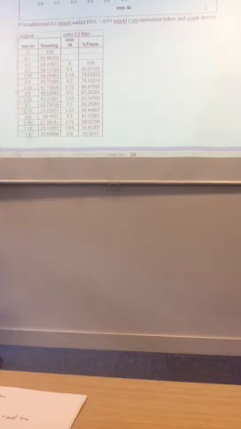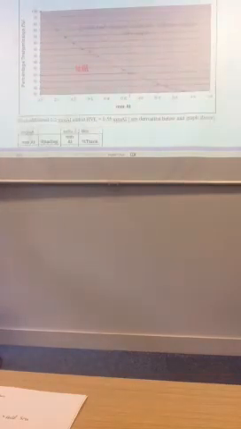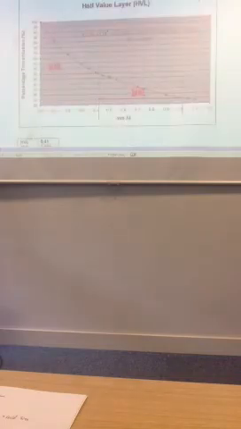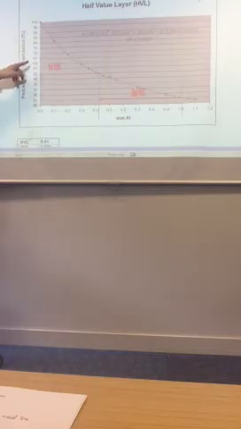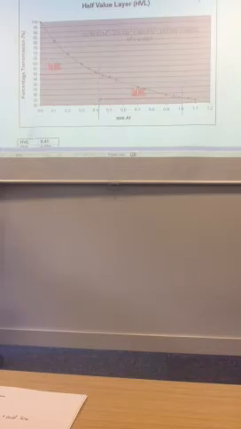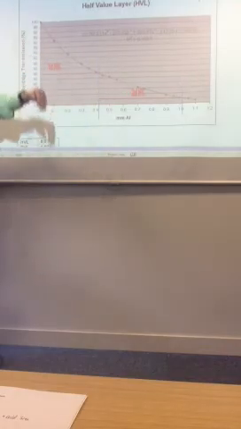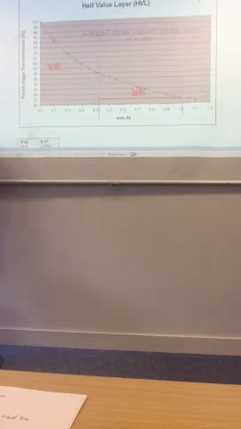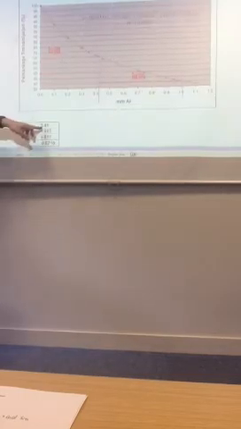You need to do some kind of interpolation. The easiest way to do the interpolation is to plot things. In fact, it's even easier if you plot the log of transmission against depth. It gets more like a straight line, so the interpolation becomes even easier. But you can see the first half-value layer is about 0.41 millimeter